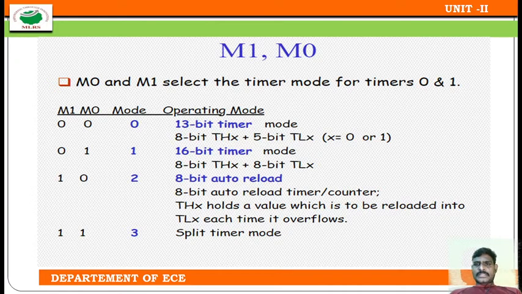These can be in both timer 0 and timer 1. 00 is mode 0, a 13-bit timer, where I use TL, the lower timer, as 5 bits and the higher timer as 8 bits. 01 is the 16-bit timer mode, 10 is the 8-bit auto-reload mode, and 11 is the split timer mode, where I can use it as an 8-bit timer as well as a counter. We already discussed in-depth details about the TMOD register in the previous lectures, so this is a recall.